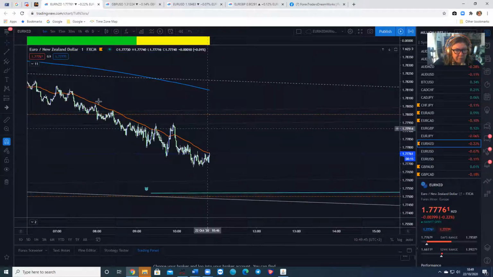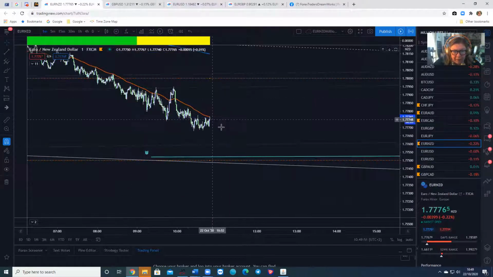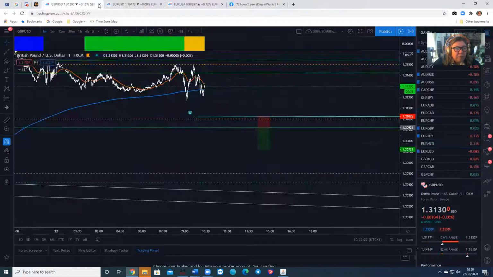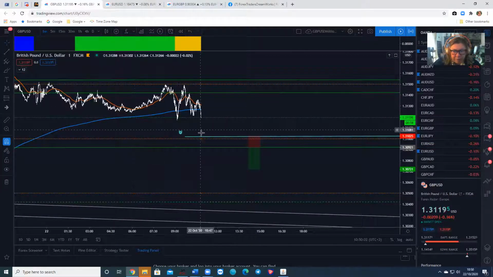The 62, you can see it is running down nicely. It keeps testing the 62. It's still in its momentum down. So look at that for later. That's not going to do anything this session. If it does, I can always open the window up again. And GBP's dropping as well at the moment, just coming up to that talk